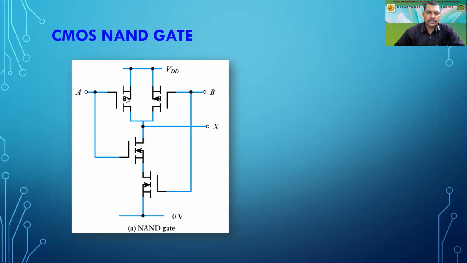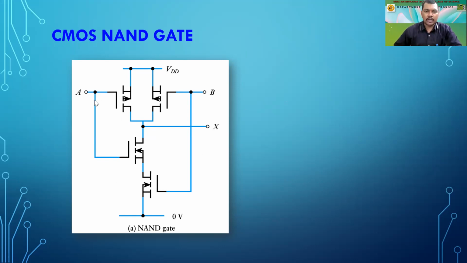As soon as these transistors are on, the voltage VDD will come across this point, that is X. So this will become high, and the two series transistors, with inputs 0 0, will not work, they will be in the off condition. So this will not be connected to the ground. That is how the output will remain at high potential. So for the NAND gate, 0 0 will give you 1, or high. When both the inputs are low, the output is high.